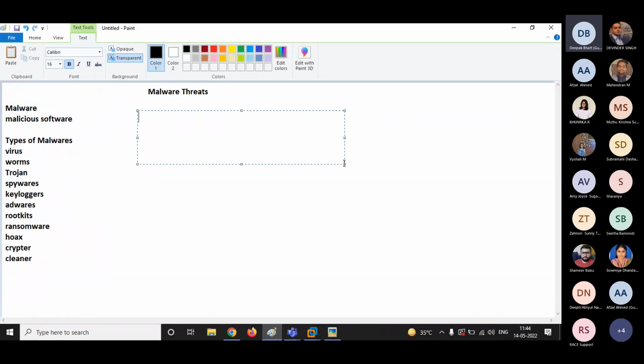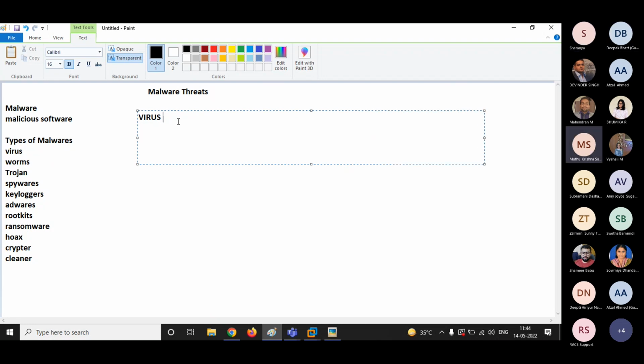So we were talking about malware. What is a virus, guys? Is it a word itself or is it an acronym? It just infects files in an iterative process. It's an acronym. What is the full form? It stands for Vital Information Resources Under Siege.